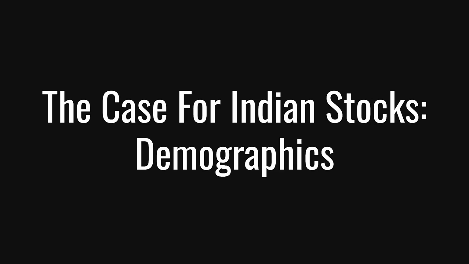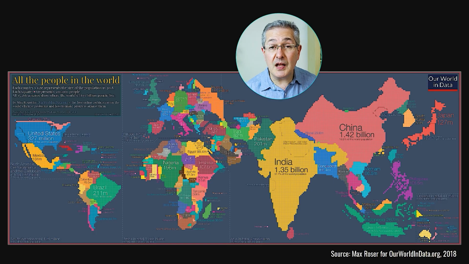Let's begin with a case for investing in Indian stocks, and we'll focus on demographics. Now here's a projection of the global map, but you'll notice it's not the usual projection. This shows you the size of each country scaled according to its population. And the reason why I'm displaying this is to show you the rather obvious fact that India has a very large population. The reason why that's important, of course, is that it has a very large potential market size. And of course that's going to be reflected in the potential profits of Indian companies that service their domestic market.